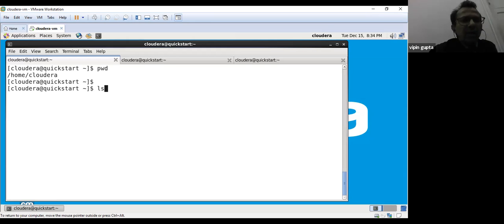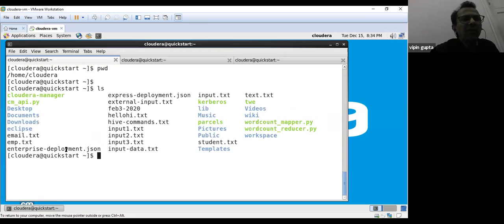Now, to save time, I have already created certain files. That means an input text is there, an email text is there, then external. I have got a lot of files available, which I've created on the local file system. But please remember, I need to shift these files to the HDFS file system for running Hive queries. So when I run this command ls, what it is telling you,